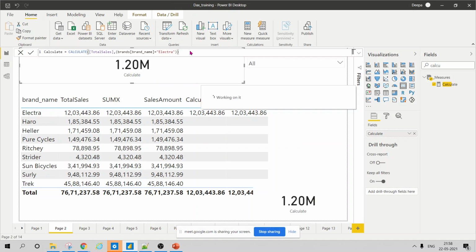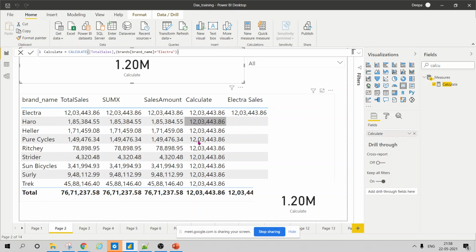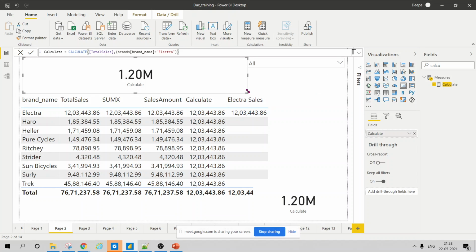Here you are getting all the values the same in every row, but the measure value calculates rightly because the measure knows that you are only filtering Electra. Here also it knows that you are only filtering Electra, it does not care what is filtering over here.